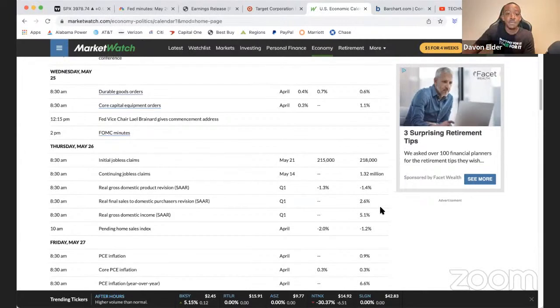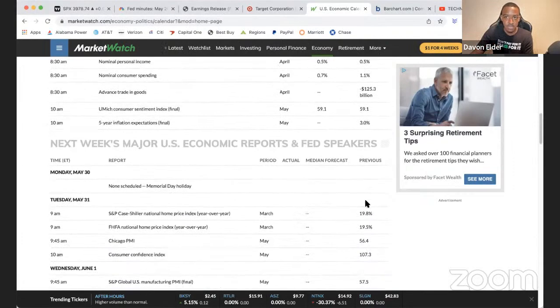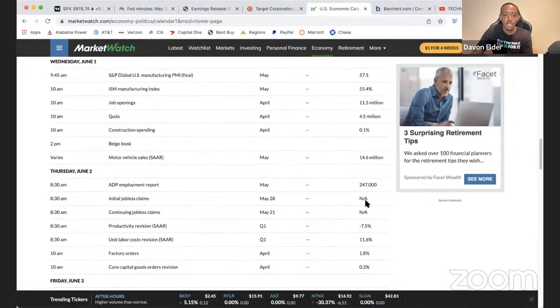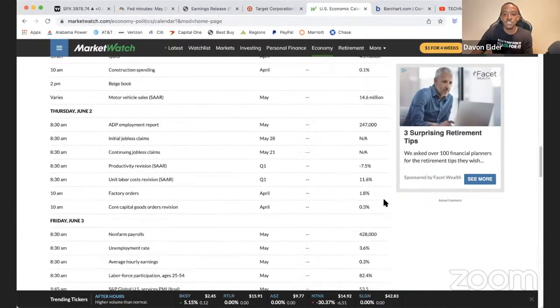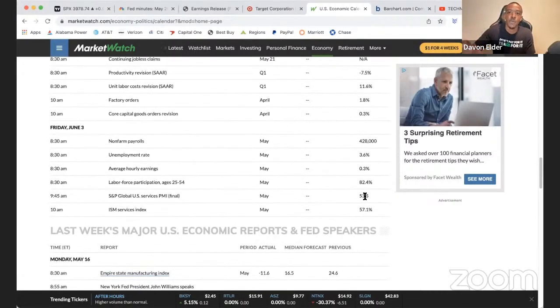Keep in mind PPI, producer price index. So not the cost increase for the consumer, but the cost increase for the producer, right? Keep in mind jobless numbers. Jobless claims, those are the things you need to pay attention to. And also FOMC meetings, right? With FOMC meetings, that's when the Fed is going to make the determination for what they're going to do from an interest rate perspective.